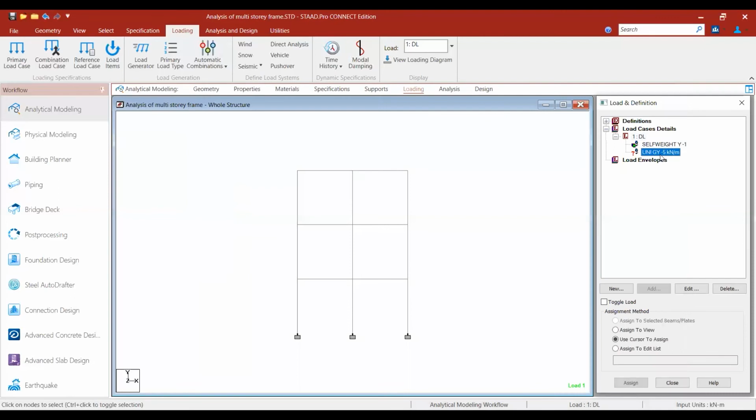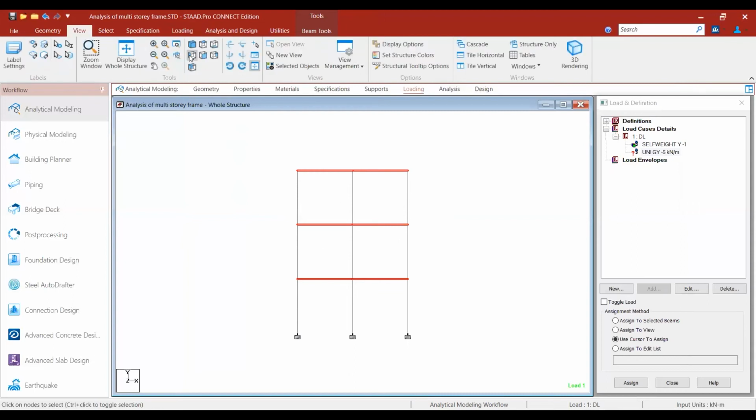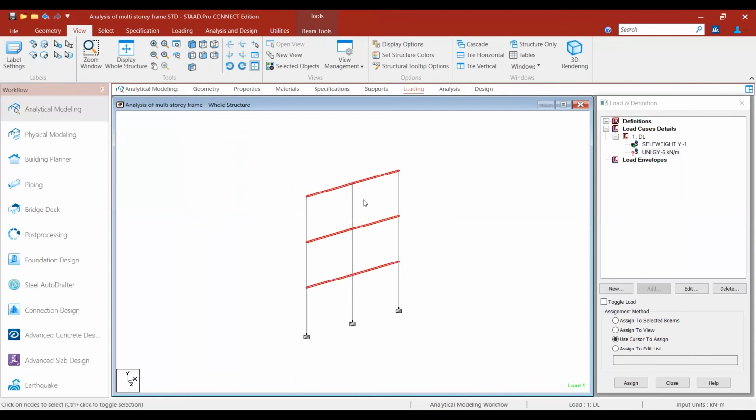5 kilonewton per meter. I am applying this on all the frames. You can select here by holding the control button. If you want to see in the isometric view, you can see here. So we have selected all.